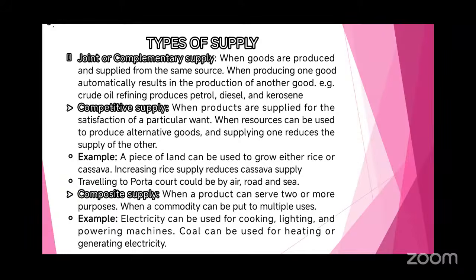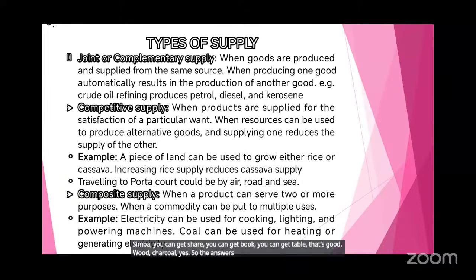Products, not one product. Products, products, products. Yes, cassava. You can get gari, fufu, and, okay, whatever. Timber, you can get chair, you can get book, you can get table. That's good. Wood, charcoal, yes. So the answers are coming in. Very good. So let's go to the second one, which is